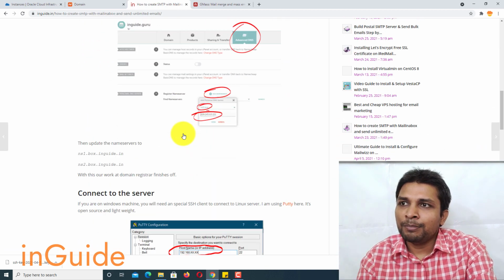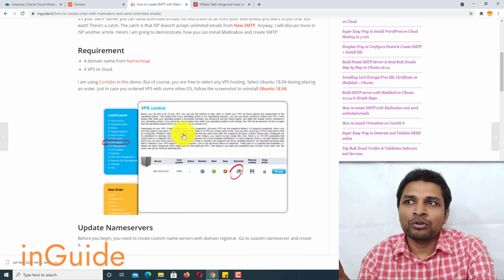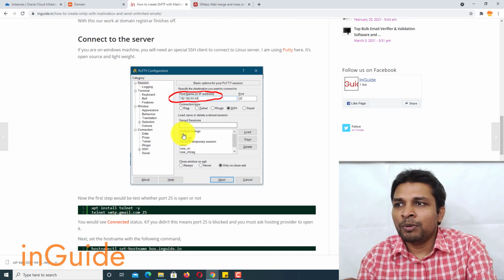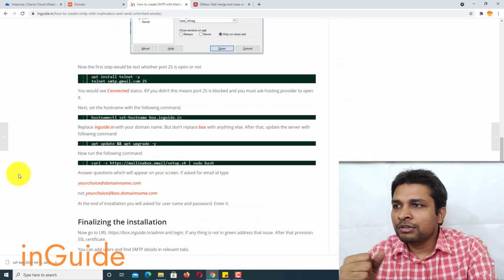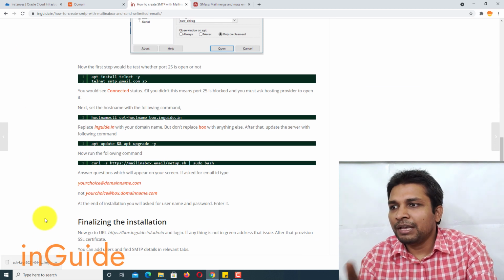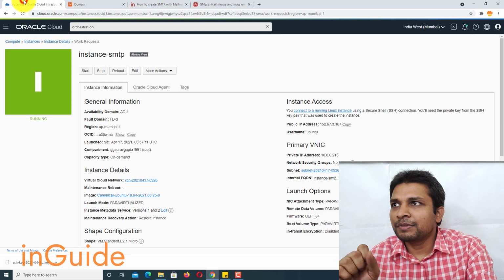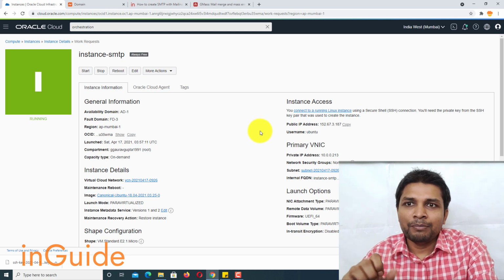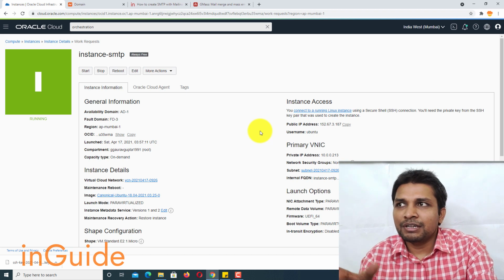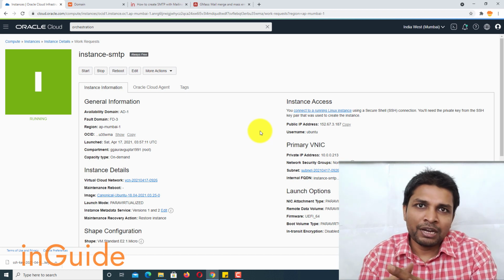Now I already have written this document for Contabo, but no problem, I'll demonstrate it on Oracle Cloud. Now I have my key downloaded and the instance running, but before that I have to do some modification in the instance, like opening ports and all those things.